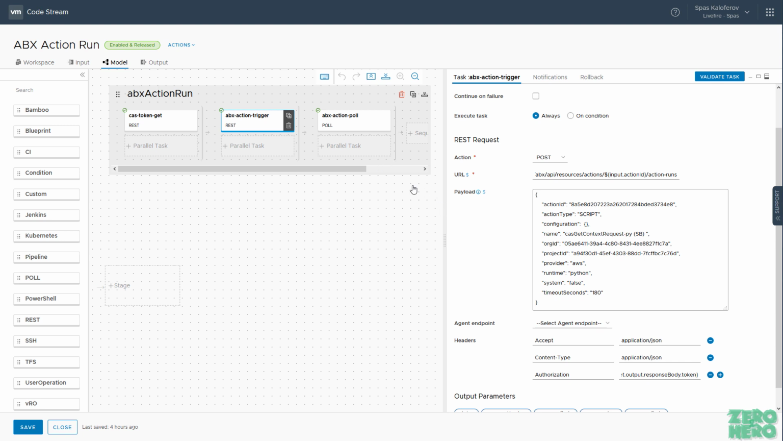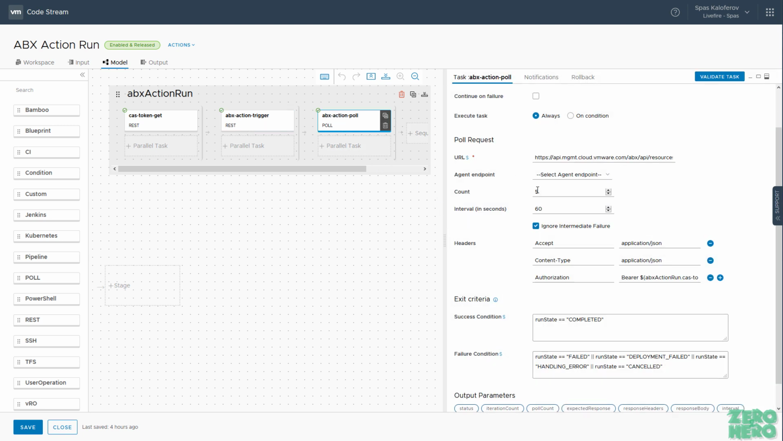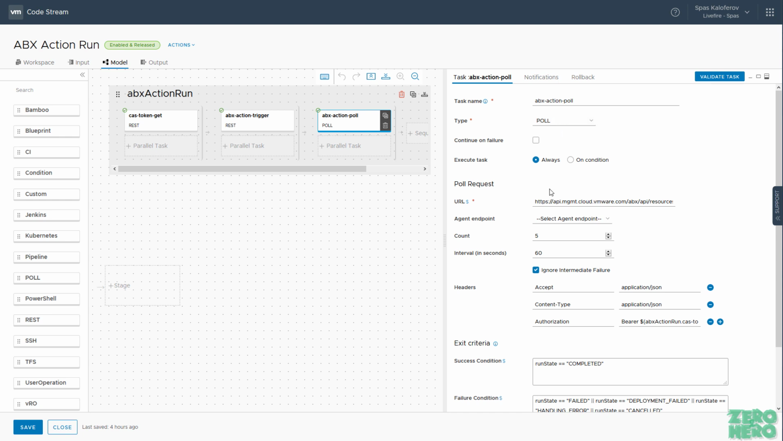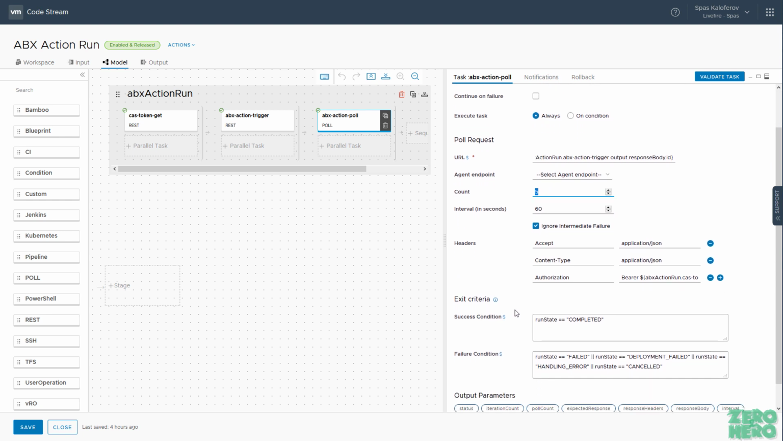And in our last task, we are using a pull task, and we are supplying the second API call that we saw from the previous example, which pulls the action run every 60 seconds. And it does this 5 times to see if the action run returns a successful condition criteria or a failure condition criteria. And as you can see here, here is where we use the run state property that we saw earlier that gets returned when we pull